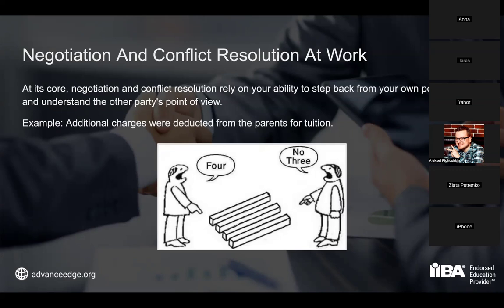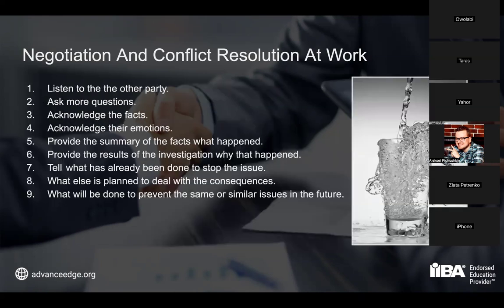yelling and saying that they have received calls from those parents saying that this is a scam, that they are not being protected, that their payment information is not being protected, that we have charged much more than they expected, and this wasn't planned, and they had other plans for that money, and so on and so forth, right? What should we do?